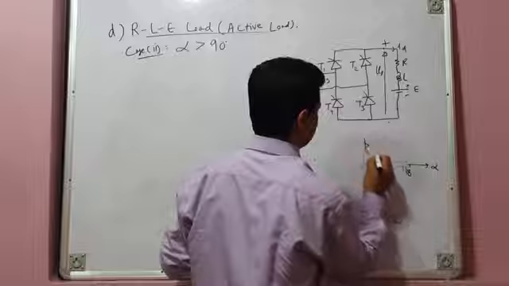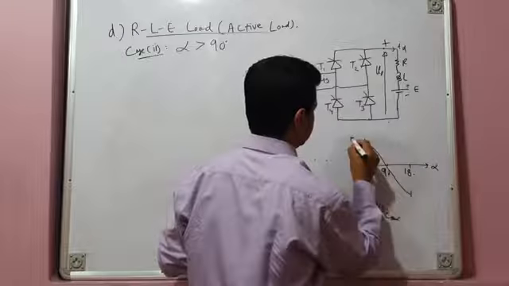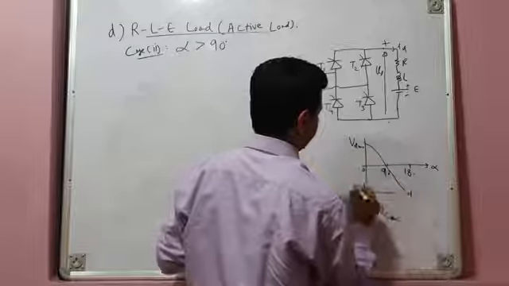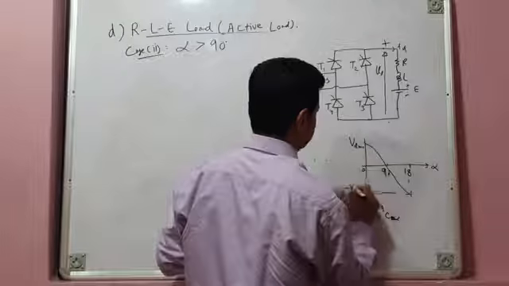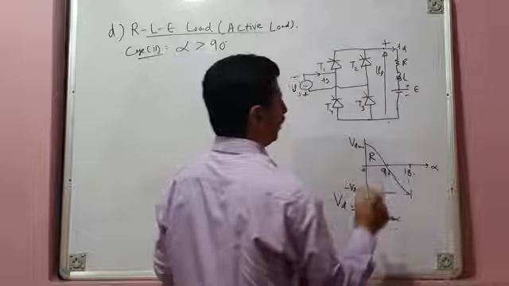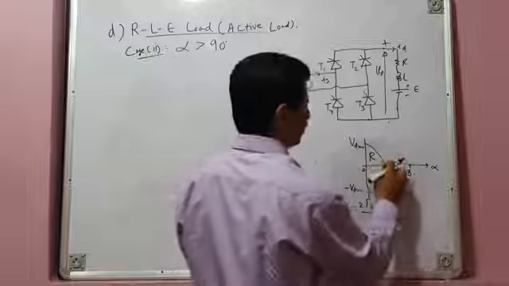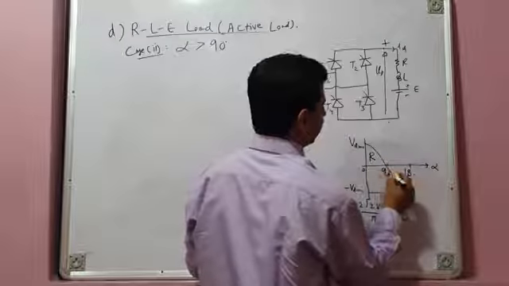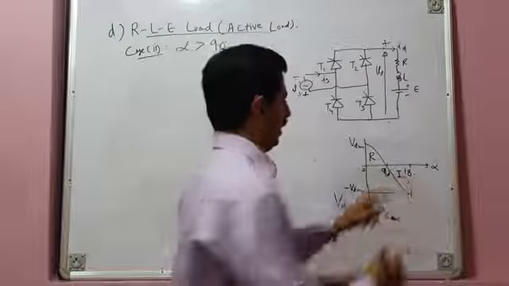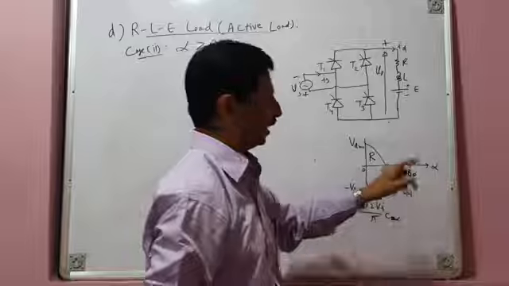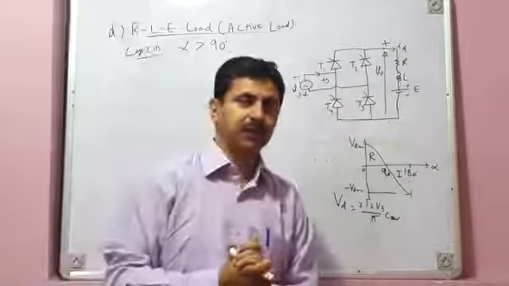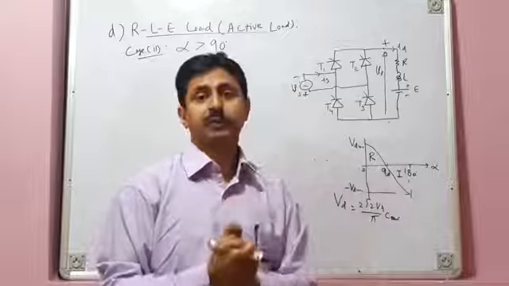So this is the nature of your load voltage. This is positive Vd max at alpha equal to 0 degrees, and at alpha equal to 180 degrees, this is minus Vd max. So from 0 to 90 degrees, the converter operates in rectification mode and produces positive average voltage. From 90 to 180 degrees, the converter works in the inversion mode of operation and produces average negative voltage. And that I told you in the last lecture, that that is possible only when the load is active. It's not possible with passive loads.